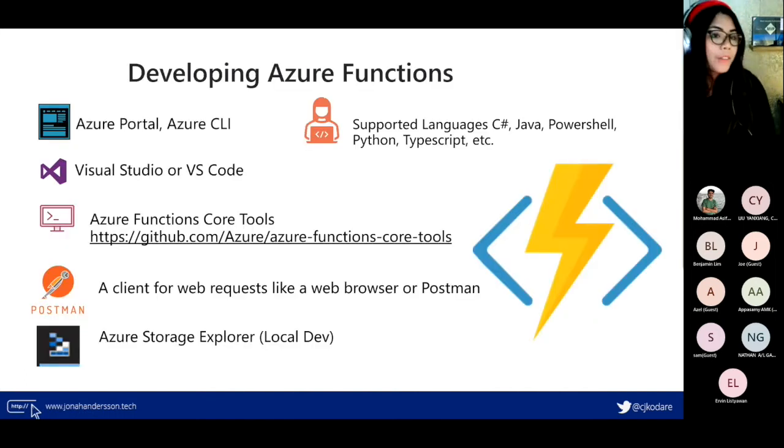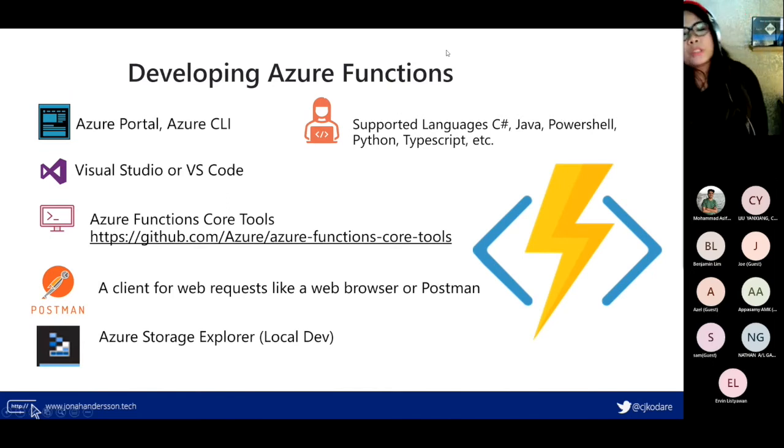And for developing, of course, we're developers. We are interested in how we can get started. So you can develop Azure Functions in the Azure Portal. That's the easy way if you want to just click, click, click. But if you want to be nerdy and really get your hands dirty, you can also use the Azure CLI or the Cloud Shell. And there you can also code locally, which I usually do. You can use Visual Studio or VS Code for Azure Functions or durable functions.